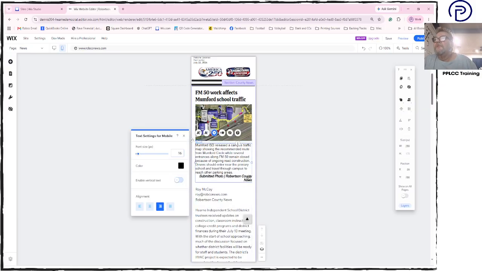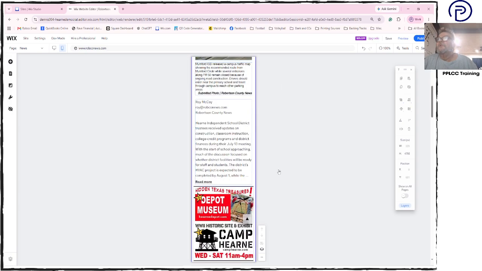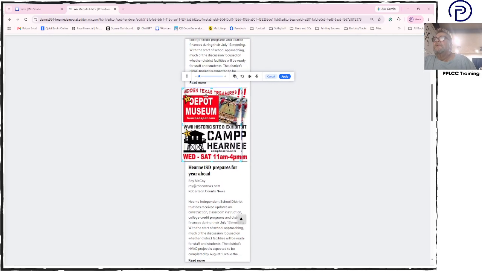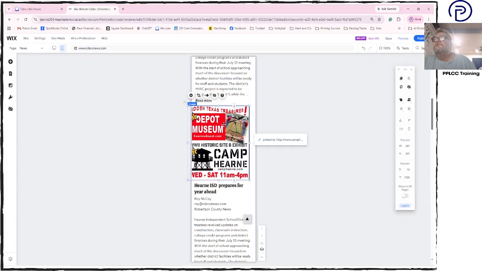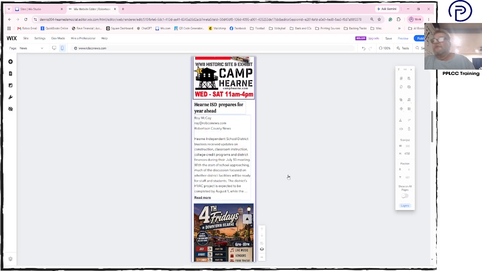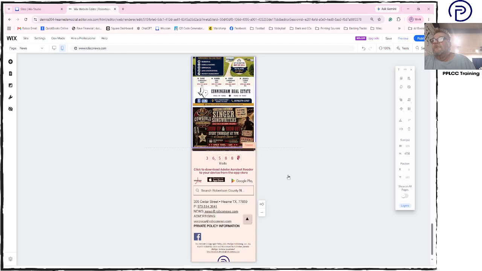Now, since this is breaking up badly, I'm going to hit negative a couple of times, just enough to get it on the same line. That's correct. We're still going. This is missing its border, so I'm going to click on it, hit the crop button, and I'm going to get the whole thing in here, say apply. I'm going to scoot it over. Now we have its borders. And why don't you hit pause and back that up and watch me do that again, because I did it really fast. Looking for the dead white space that may or may not